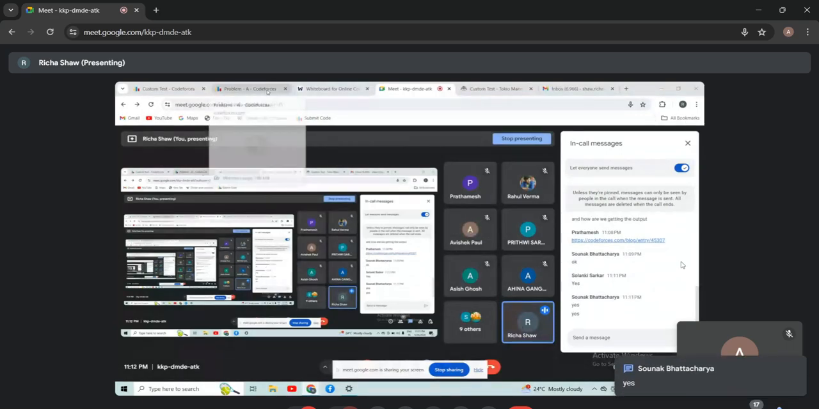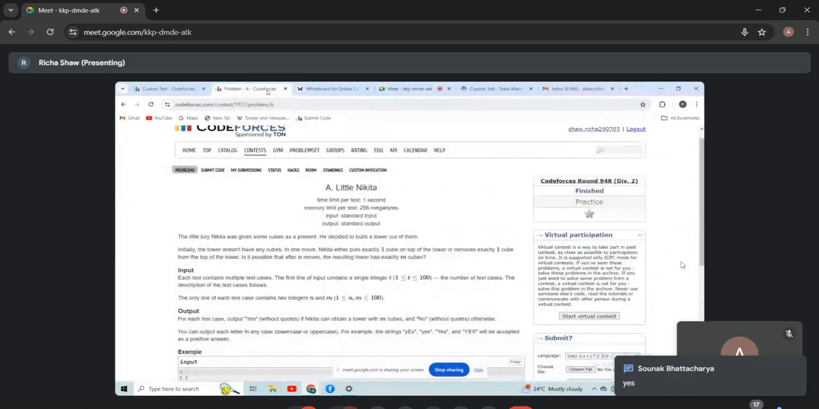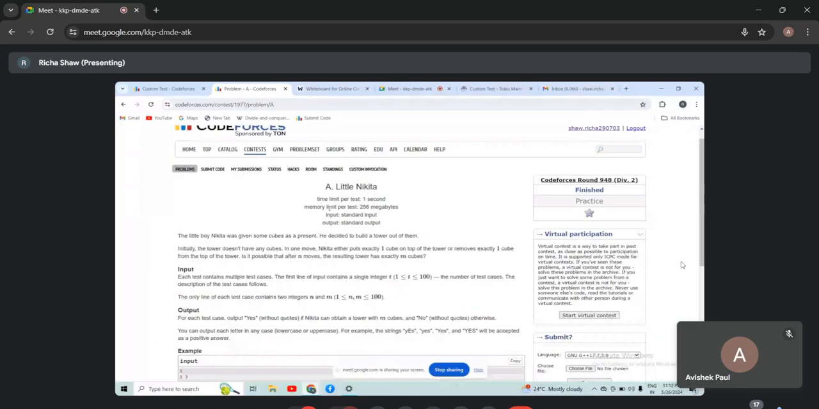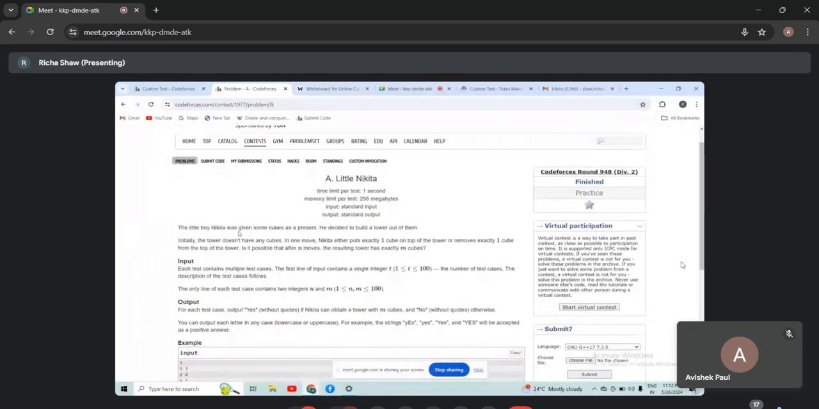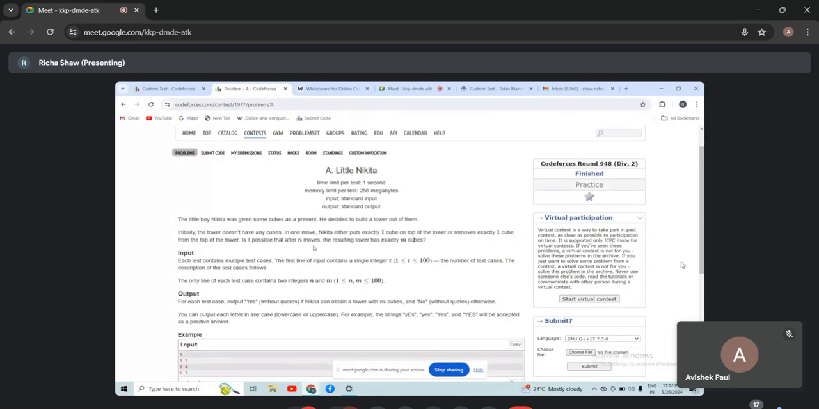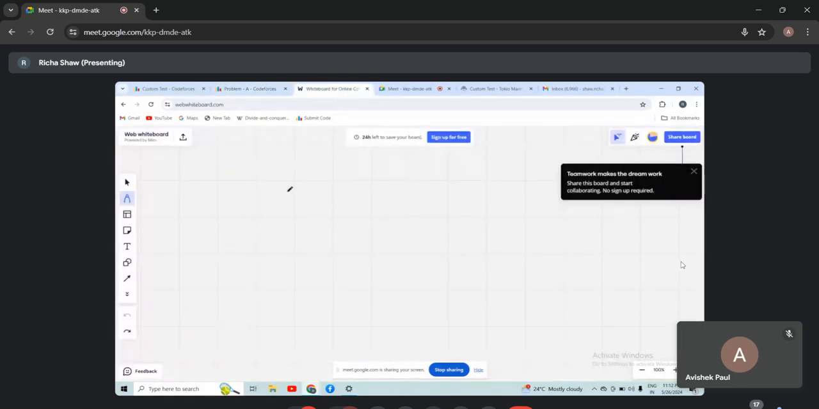Okay. So let's move on to the first question. I hope everyone has read the question, but again, let's read it out once. The little boy Nikita was given some cubes as a present. He decided to build a tower out of them. Initially, the tower does not have any cubes. In one move, Nikita either puts exactly one cube on the top of the tower or removes exactly one cube from the top of the tower. Is it possible that after n moves, the resulting tower has exactly m cubes? So, we have been given n number of moves,